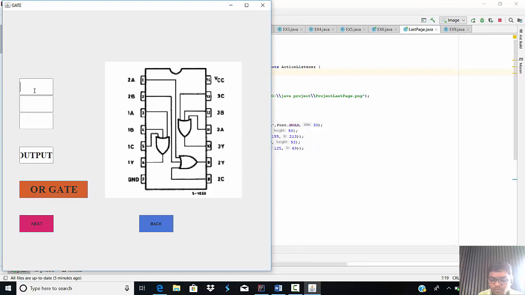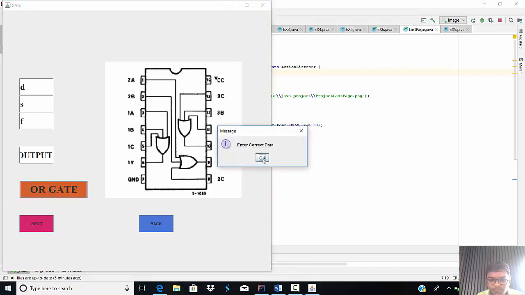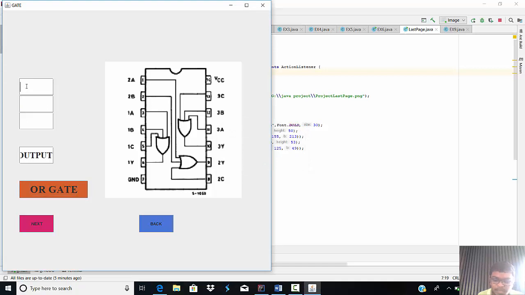I enter any kind of data apart from 0 or 1, it gives me an error. So I input 0 or 1 data. I enter 1 0 1, output is 1.